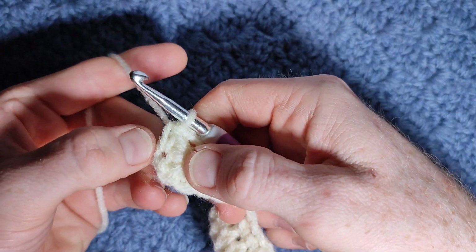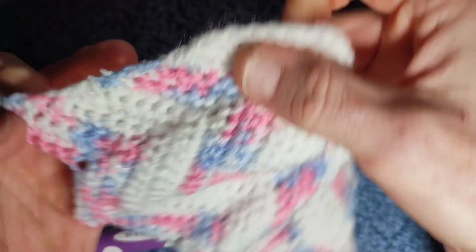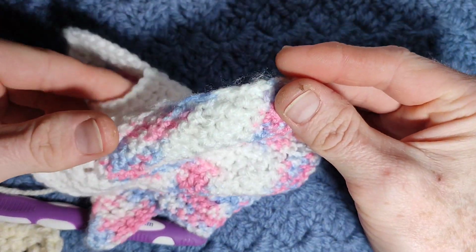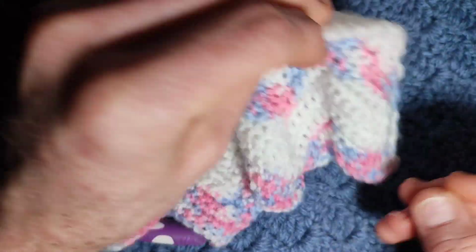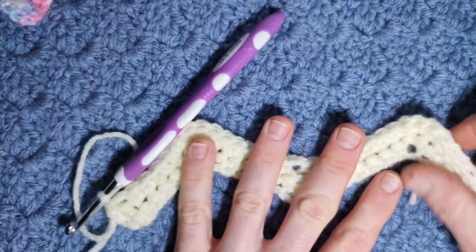The reason for that, working into the chain, means it gives you this lovely straight edge right across your work. It means you don't need to work a border or anything, and it keeps it really lovely at the sides. It keeps it nice and straight. So continue doing this, working,